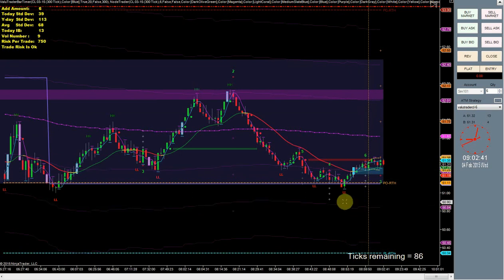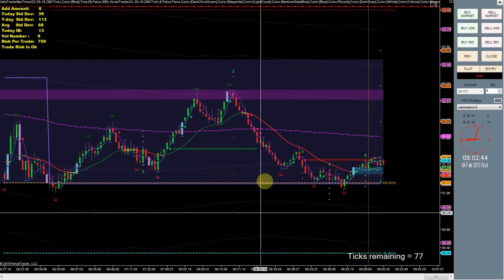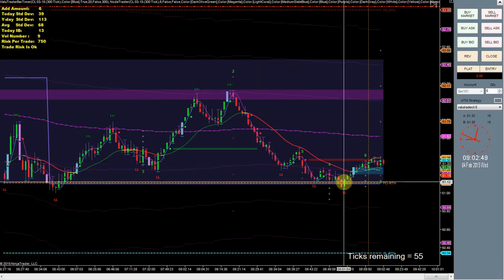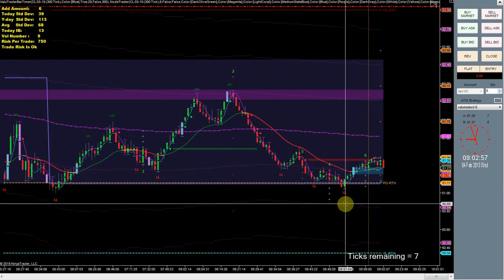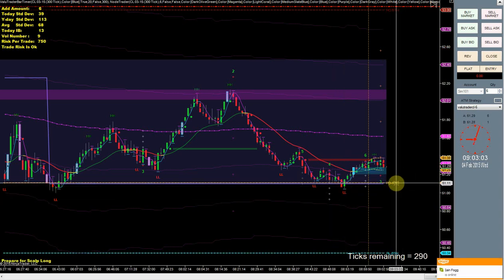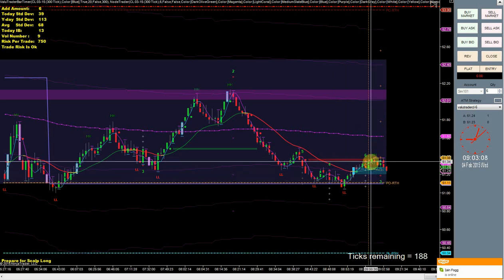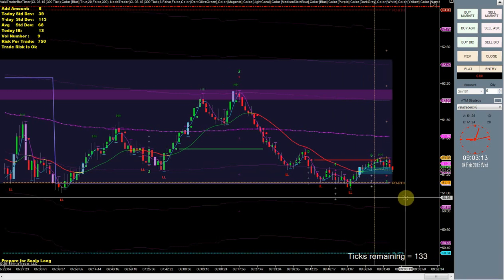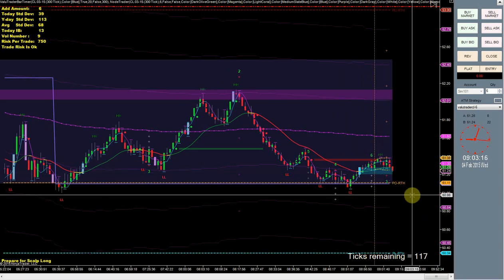I also want to remind everybody that I am still new to this system. This is only my third day of actual trading with it, so I am going to make some mistakes. Sometimes I'm sure they're going to be stupid mistakes, but we're going to keep pushing forward with it. And the goal here for me is to get all those stupid mistakes out of my system right now, so that when I do decide to do the trading combine with Top Step, I'll actually be comfortable with the system. So that's kind of what I'm doing right now, and I'm just recording that process. So you guys are, like I say, going to see me make a lot of mistakes, but it is what it is.